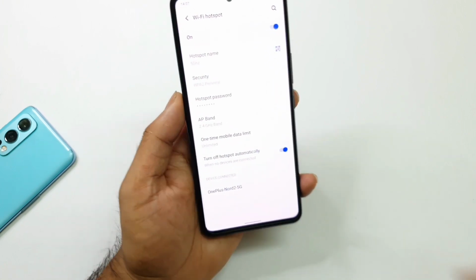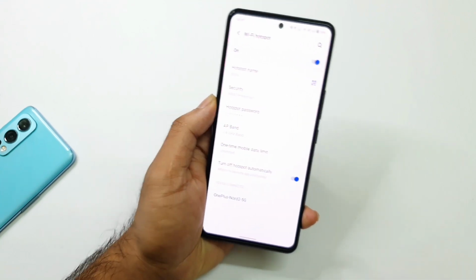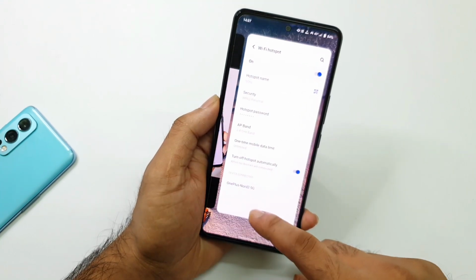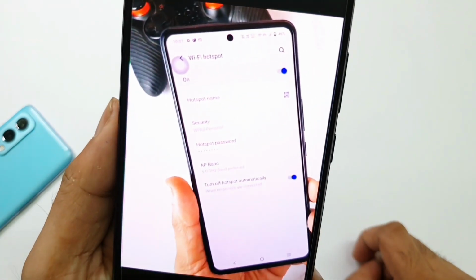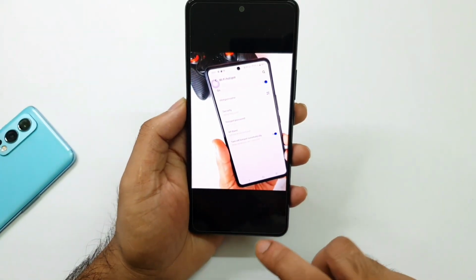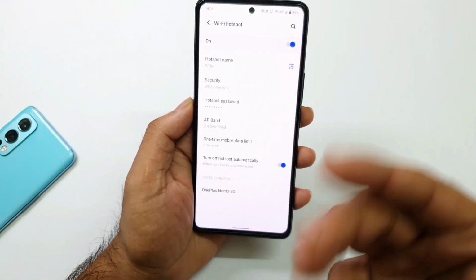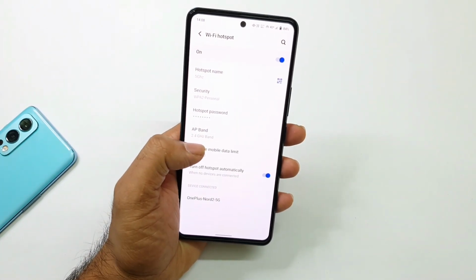So this is a really useful feature which is present in the IQ7 device. After the recent software update only, this option has been added. Before the update, the option is not there. As you can see friends, it's not there at all before the update. You can clearly see the difference. So this is a small detail which I thought of covering in this IQ7 topic. In case you are not aware, you can use this benefit as well in this IQ7 device.